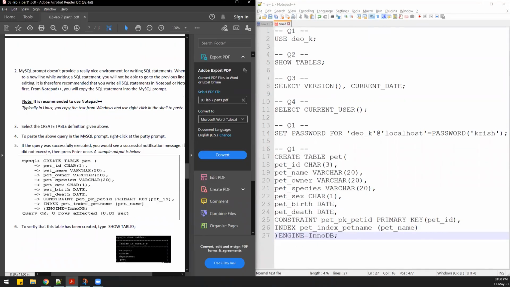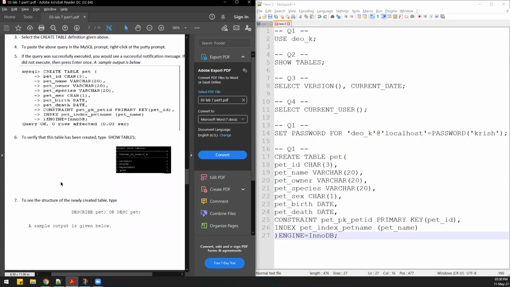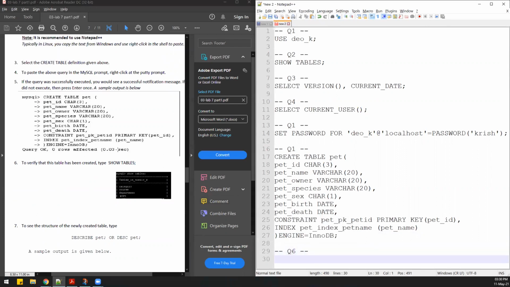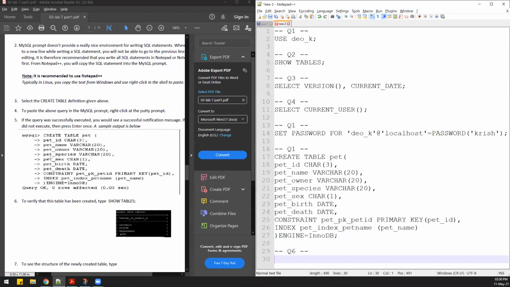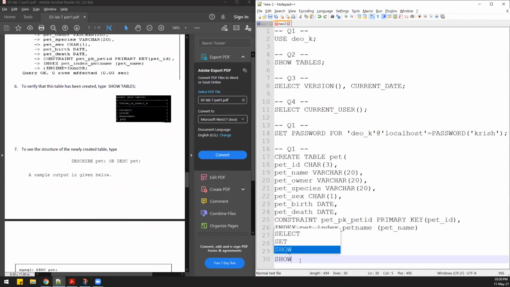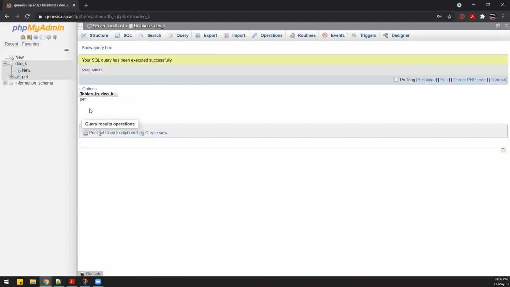So this is telling about how to execute the query. So we have done that. And then to verify that our table has been created, you will enter the show tables command. So this is query number 6. Like the others, 2 till 5, they are talking about how to execute the query. So query number 6 is if you want to see all the tables in a database, you will write show tables. Okay, so run the query and we should get one table, pet, over here. So right now we have one table in the database.